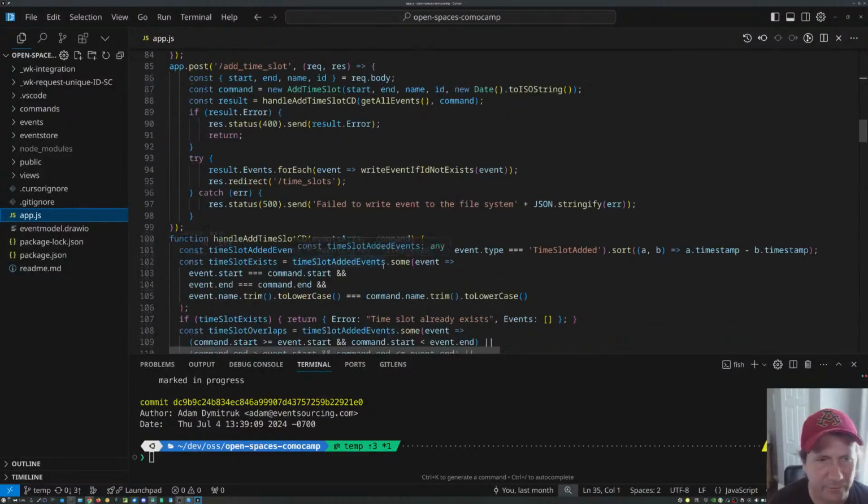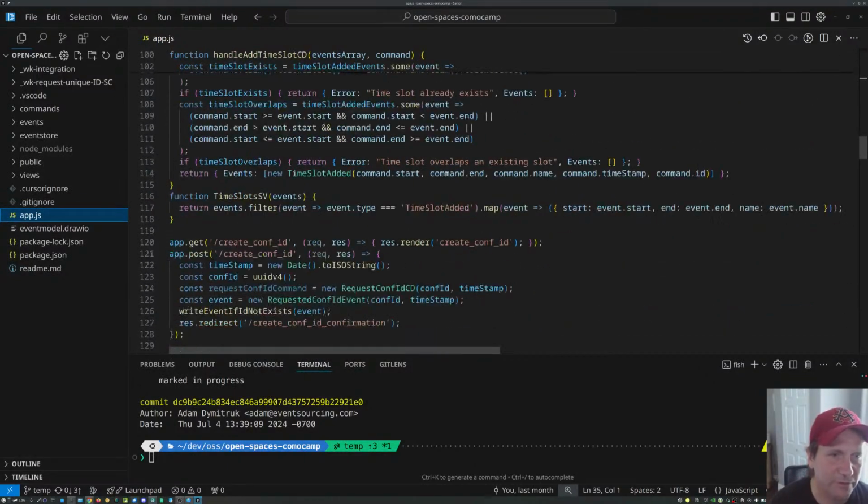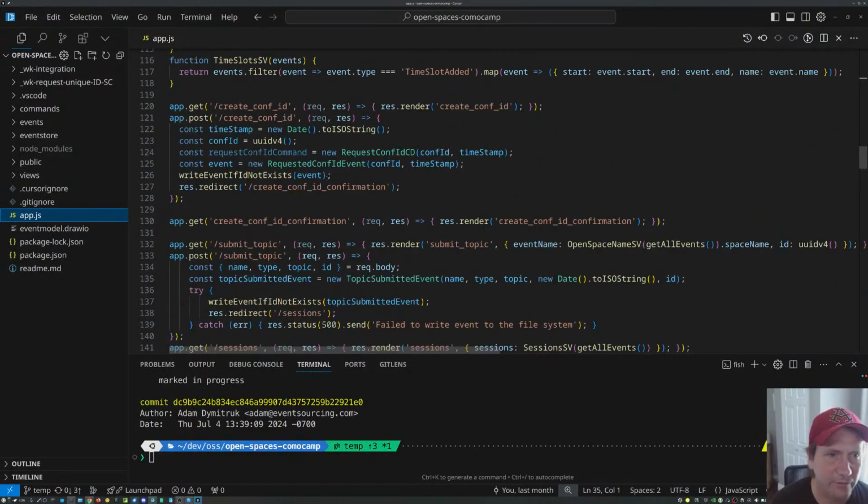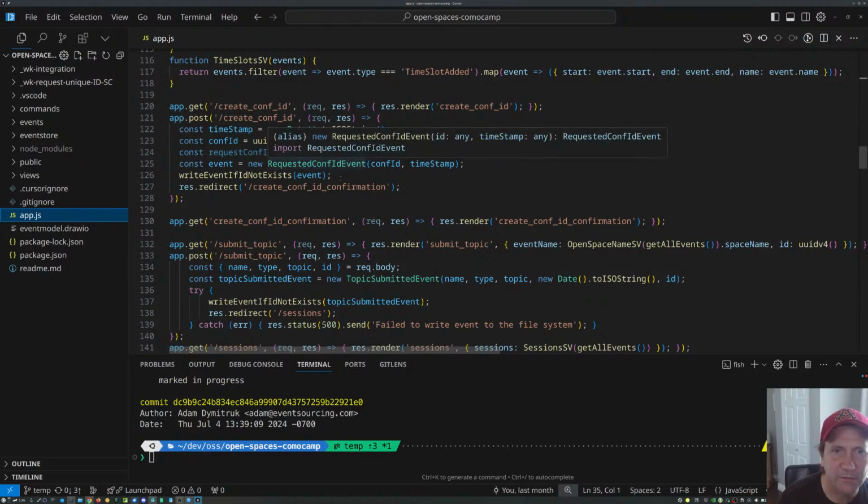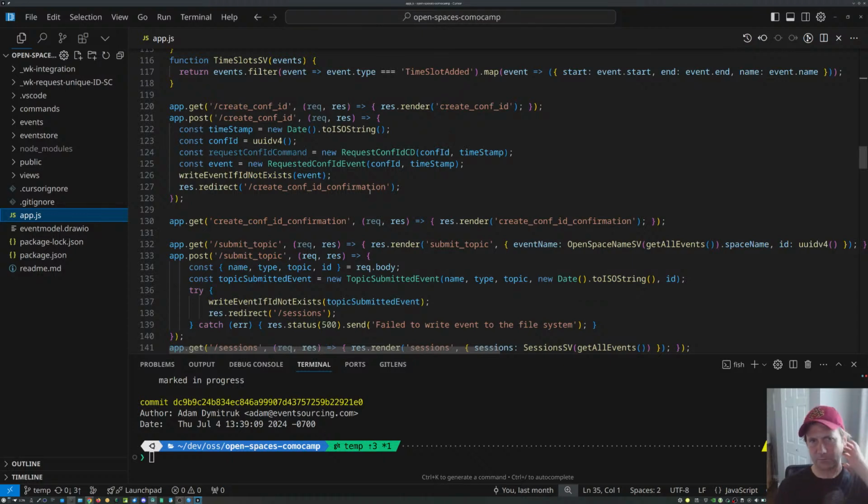Scroll down to where we are actually doing this. Create a conference ID. We don't want to redirect this yet. Actually, we do. But since this event is written,